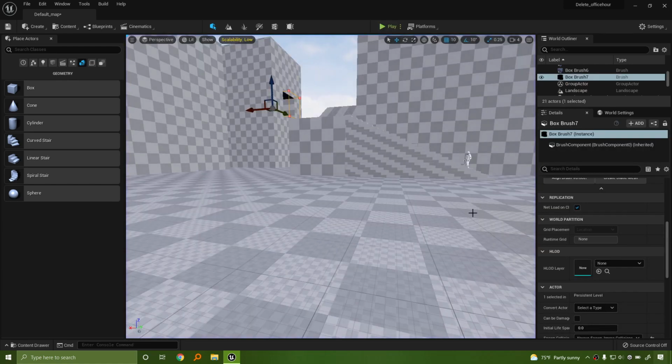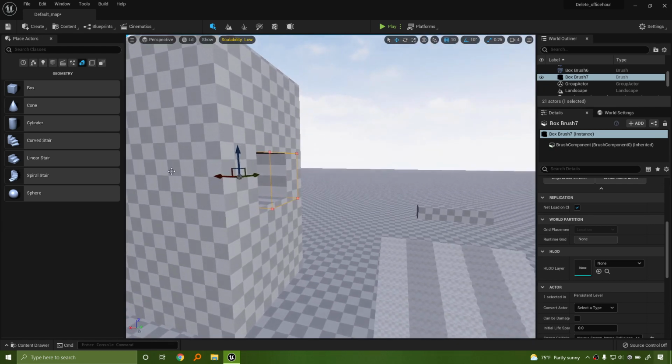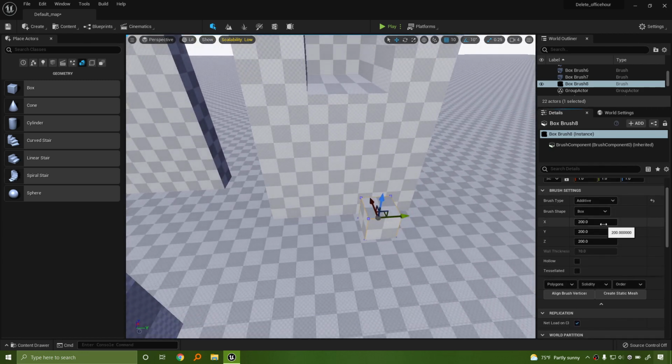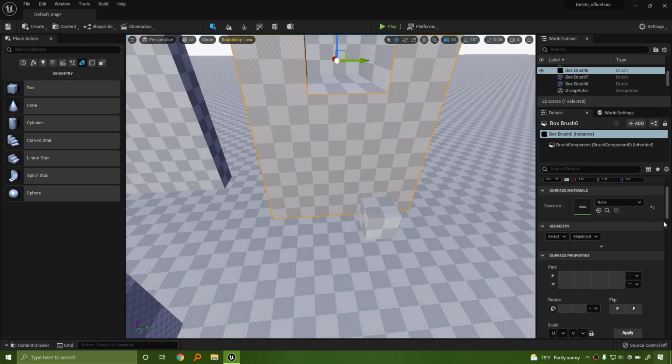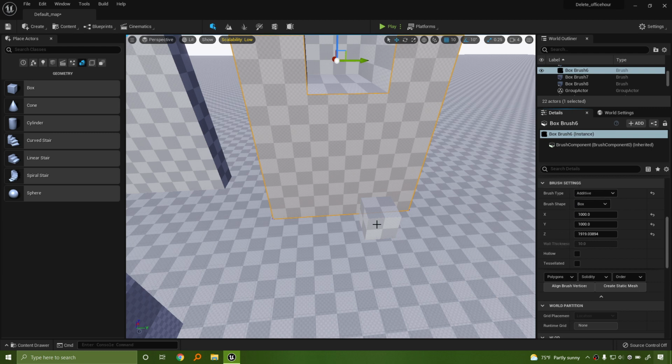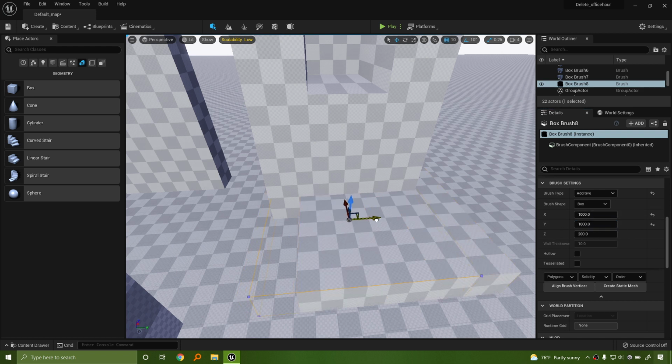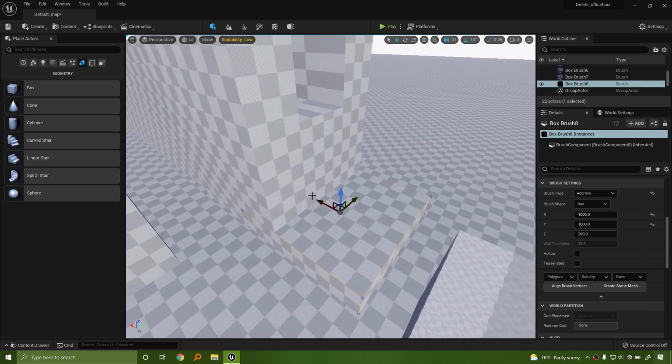Okay, so now we just need to create a ground that goes over here. I'm just going to do that. Again, this is just rapid prototyping. This is just creating a funsy level. Find out the width of this. 1,000. So let's do 1,000 by 1,000. So that should line it up somewhat. Cool, that does.